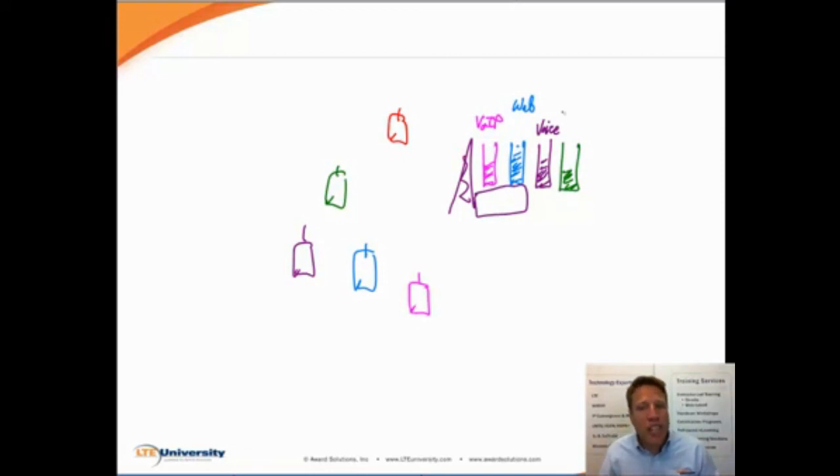Okay? So when push comes to shove, let's say this green one is a video user, and they need a lot of bits regularly, and then the web user requests a web page. The eNode B looks at this and says, boy, I've got all this data to send to this web user, what should I do? And it looks at the QoS requirements and says, no, this is streaming video, we need to make sure we keep a lot of data going down fairly regularly, so I'm going to make sure that's the big rock here, that's scheduled in, and then I fill in the gaps with the web traffic that is more flexible.